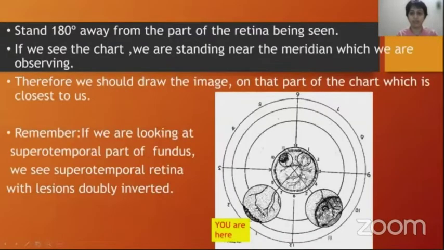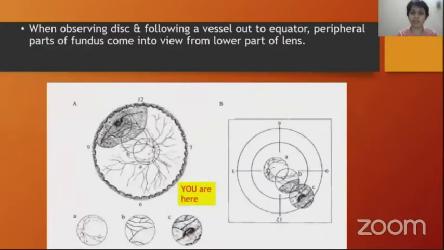So what you have to do is stand 180 degrees opposite to the part of the retina that you are interested in. That is, for the 1 o'clock meridian, you have to stand at 7 o'clock. See, in the chart, you are standing closest to the 1 o'clock meridian, which is the area of interest. What we do is just write what is seen in the condensing lens image onto the area of the meridian that is closest to us, without thinking superior, inferior, nothing. Just write it where the closest meridian is. And you go from the disc along the vessel to the periphery. In the same way, transfer it onto the disc at the closest meridian